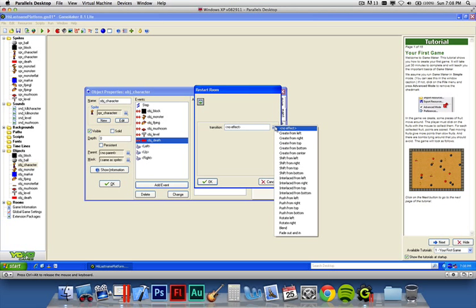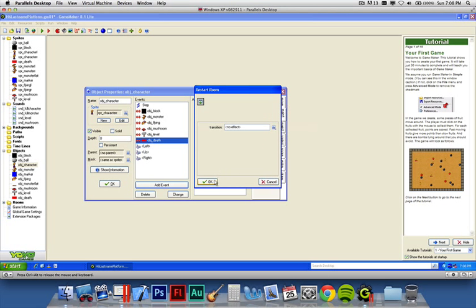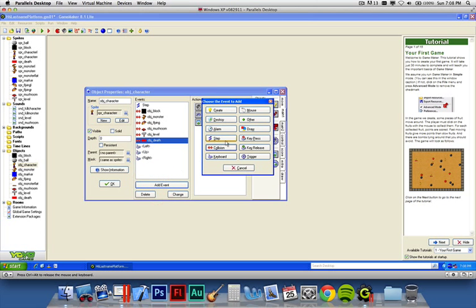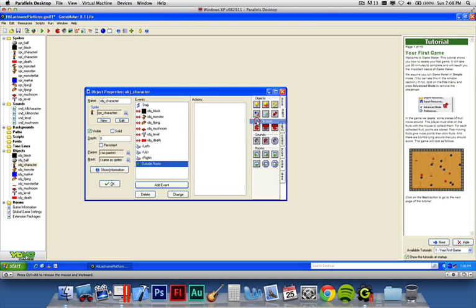And you can choose an effect if you want to, or no effect. And that's it for death. Finally, we have to have an other event. If the player ever gets outside the room, we want to make sure that the player is destroyed and they lose a life. So if you're outside the room, we're going to check the